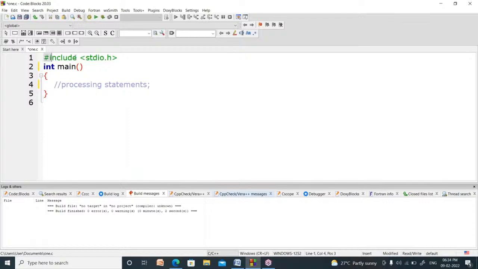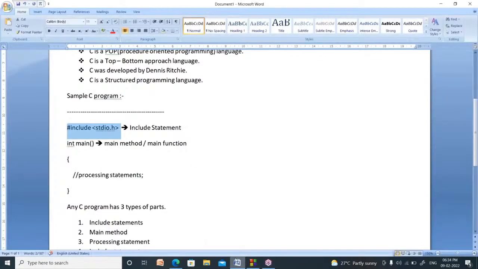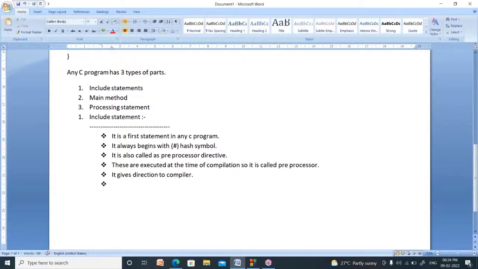That can be done by hash include stdio.h. What is the use of this statement? It is used to copy the content of the stdio.h header file into our program.